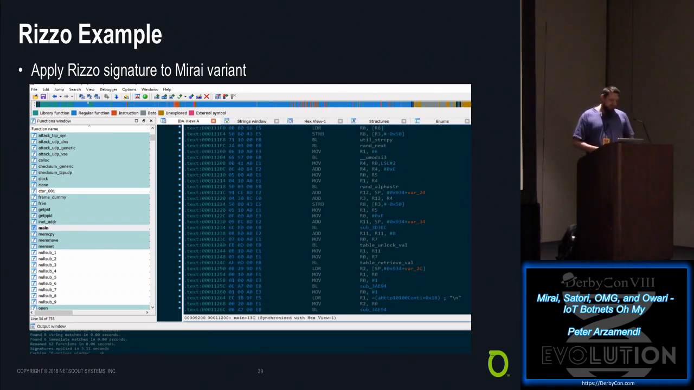Another example of using Rizzo and Diaphora, it's not just limited to Mirai. Recently there was a new bot that came out called Owari. This bot was built off of uClibc. So with the same idea in mind, we can build a Rizzo file or a Diaphora diff database based off of uClibc, and then apply that to the stripped version of Owari to help us identify these common functions like